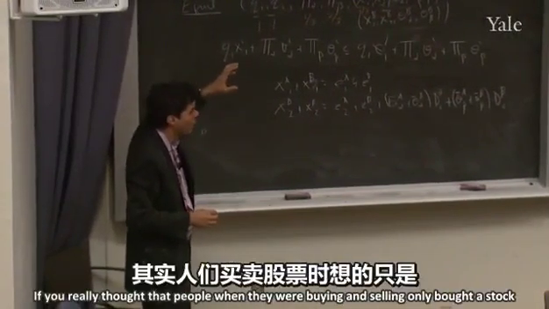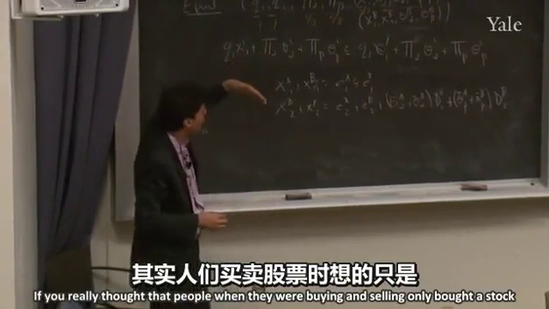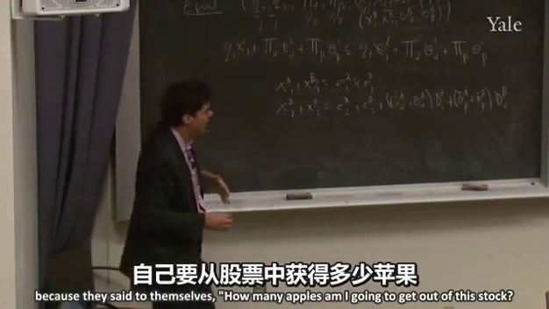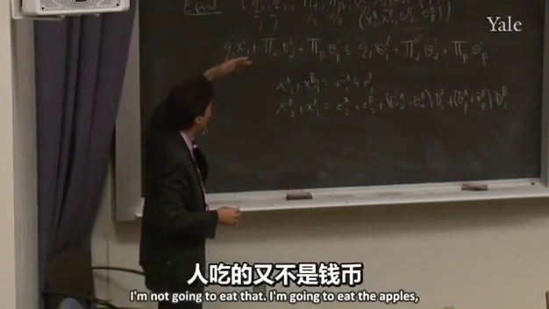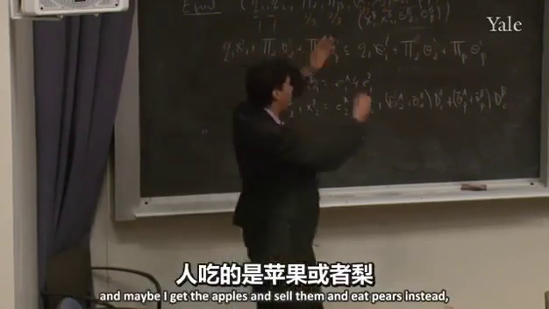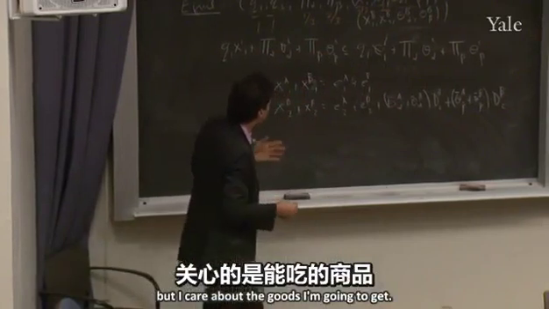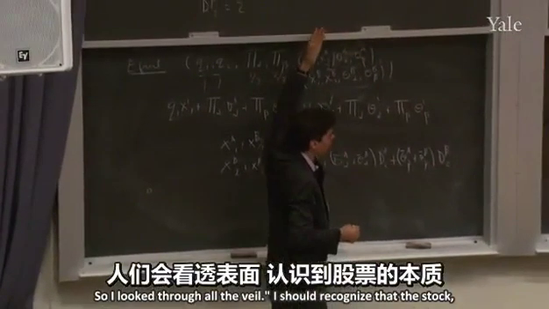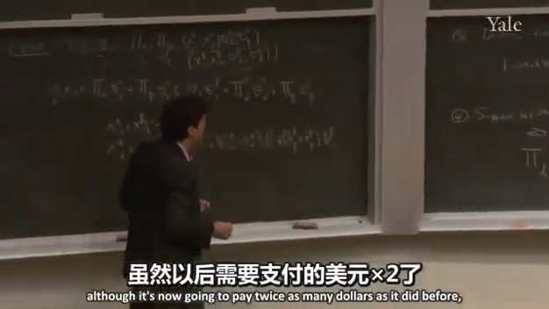If you really thought that people, when they were buying and selling, only bought a stock because they said to themselves, how many apples am I going to get out of this stock? I don't care about dollars and centimes and francs. I'm not going to eat that. I'm going to eat the apples. And maybe I'll get the apples and sell them and eat pears instead. But I care about the goods I'm going to get. So I look through all the veil. I should recognize that the stock, although it's now going to pay twice as many dollars as it did before,